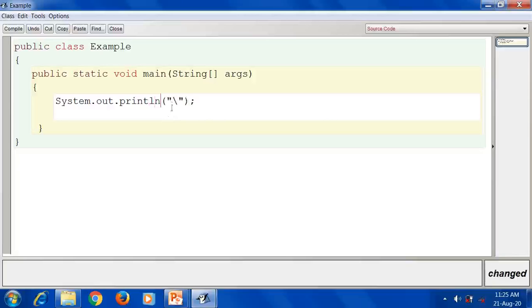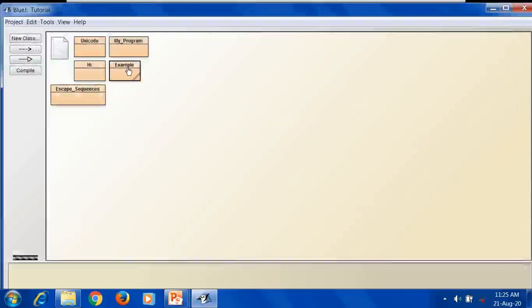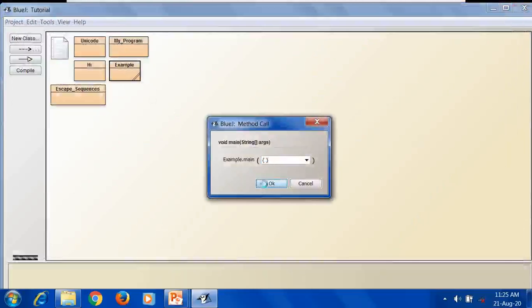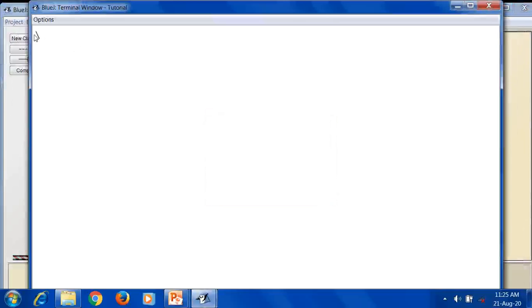Directly it is not possible to print this escape sequence character on the output screen. So for that, write another backslash. Now compile, no syntax errors, and when you execute, you will get that backslash character.